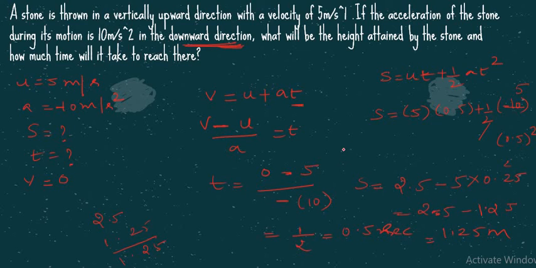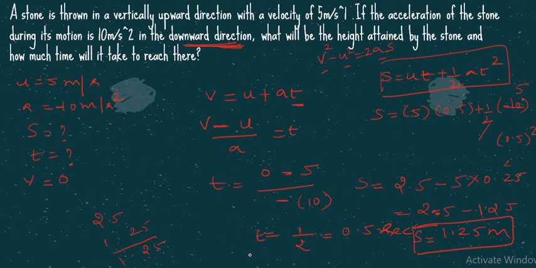This is how we can solve for S. You can use this expression, or else you can use v square minus u square is equal to 2as. Yes, this also you can use, where you know the v value, you know the u value and you know the a value, so you can find the s value. That equation also you can use to find the s value. And this is how we can solve some problems related to the equation of motion.